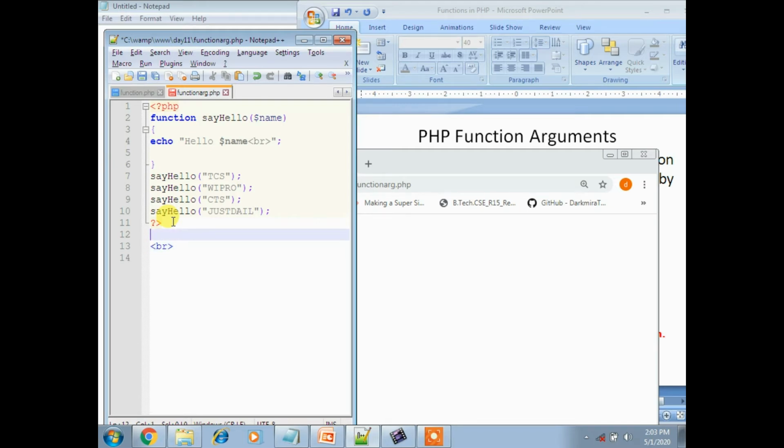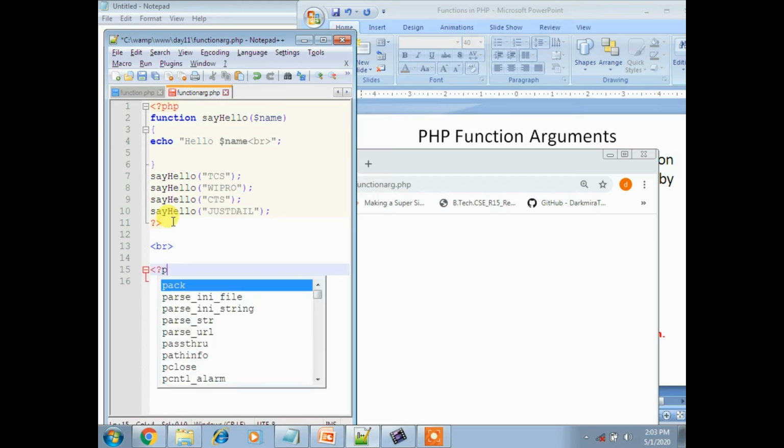For this I have to use echo, or else I can take BR, simple. This BR is the HTML part, and whenever you specify question mark PHP, question mark greater than symbol, that comes under the PHP part. So insert another PHP.